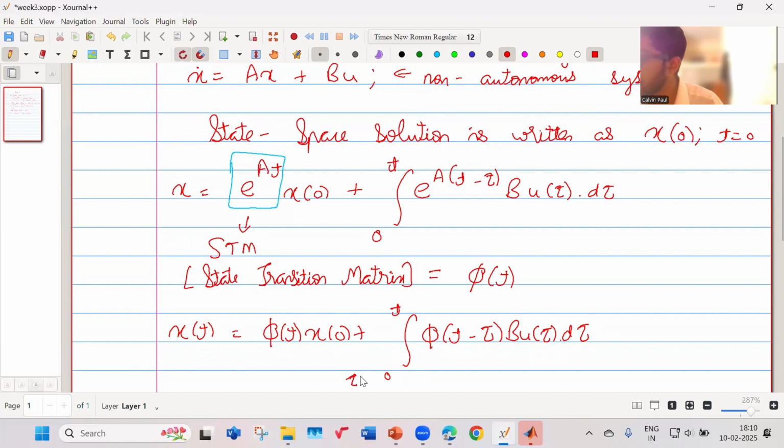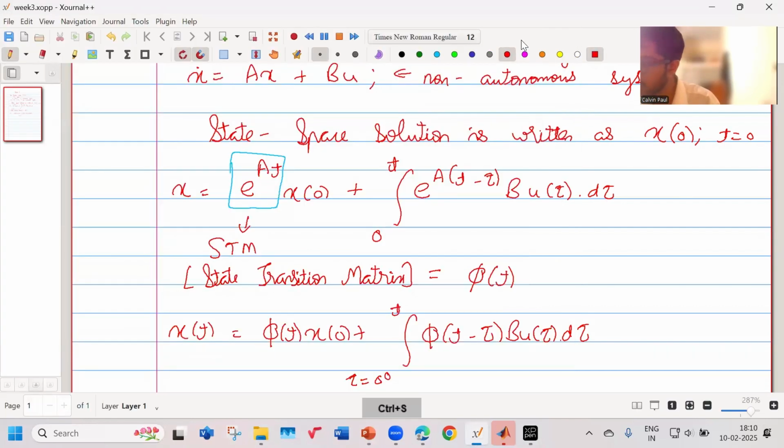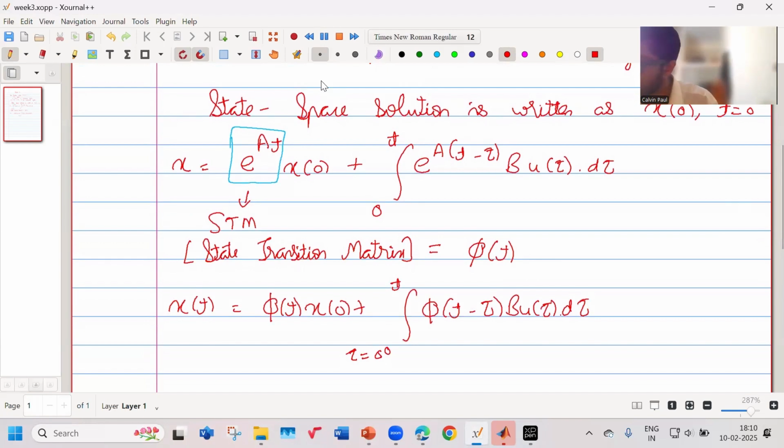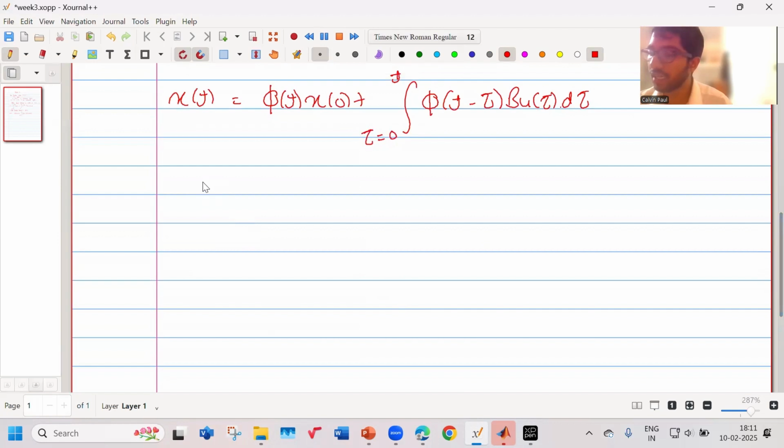Over here the limits are for tau. Tau is going from 0 to t, as the integration is with respect to the variable tau. So this is the general equation, and to find the solution, we need to find the state transition matrix, phi of t. So let us assume we have